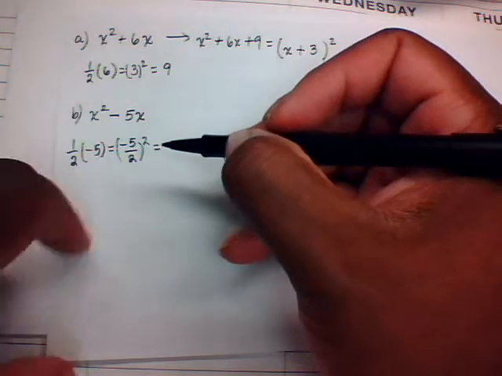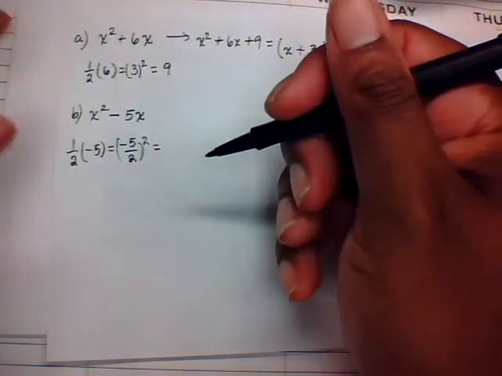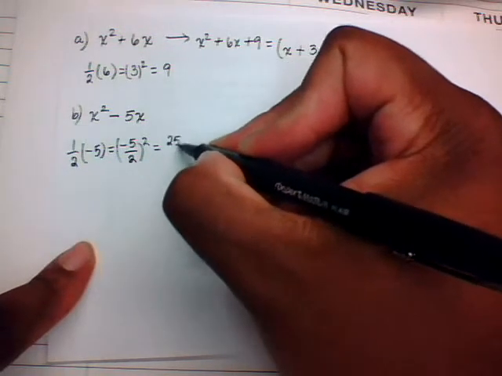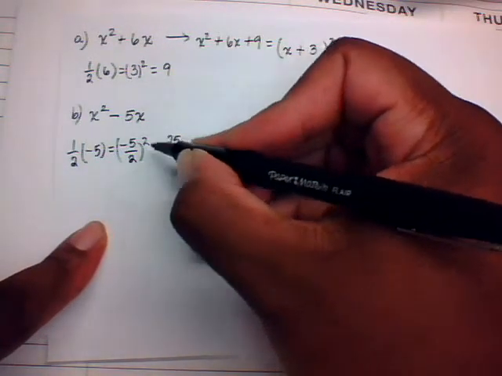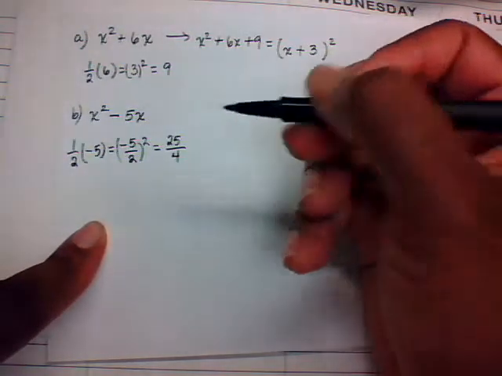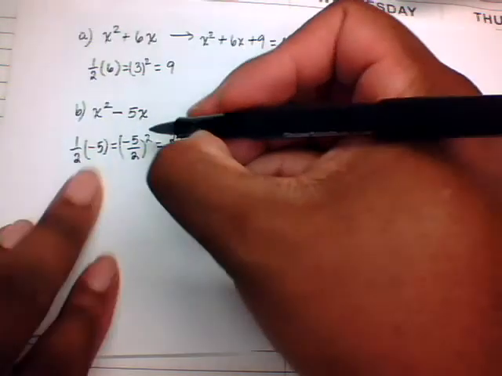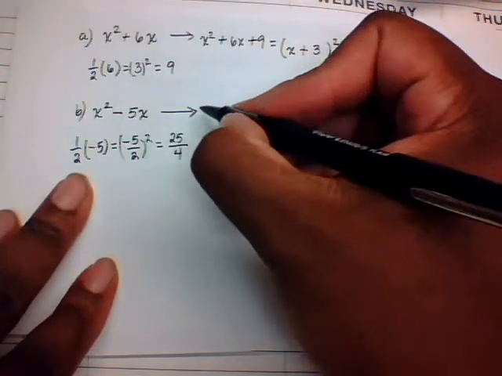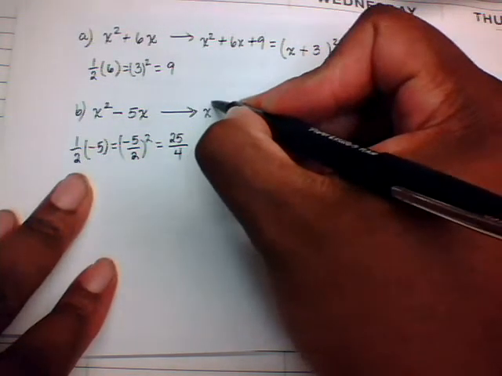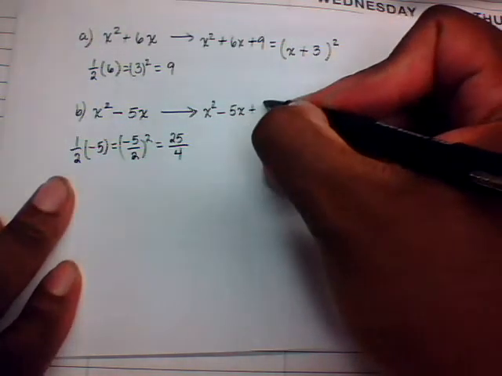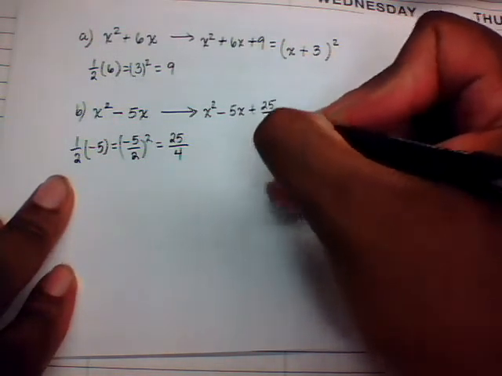When we square negative 5 over 2, we square the numerator and the denominator. So negative 5 squared will be positive 25. Take the 2 and square it, that's going to be 4. So we're going to have 25 over 4. So our perfect square trinomial will be x squared minus 5x, then plus 25 over 4,